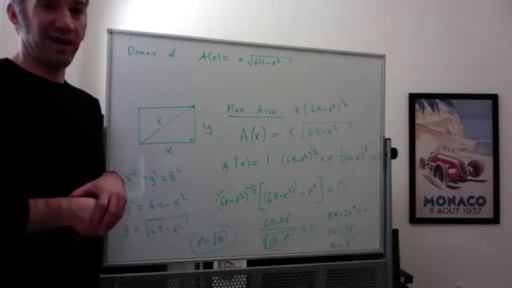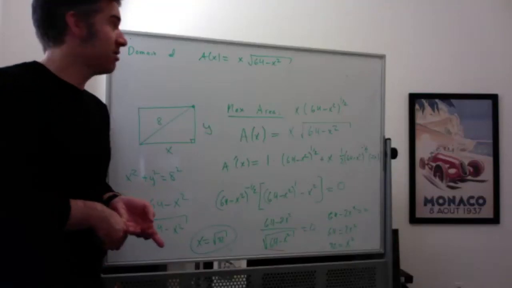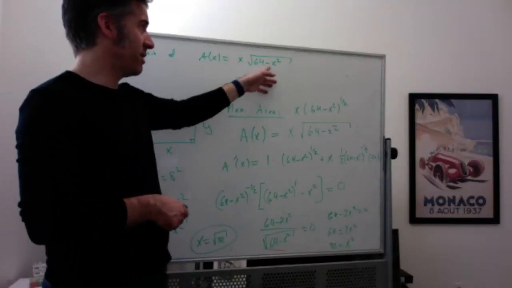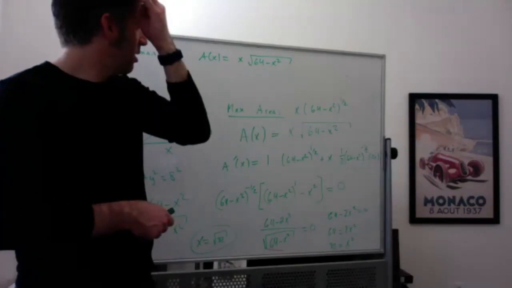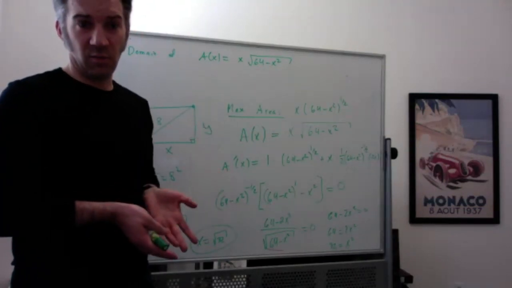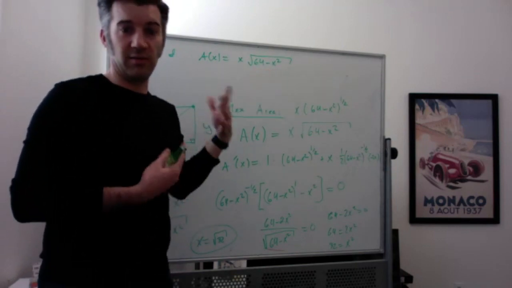Well, there's two right answers to this question. One right answer would be negative 8. If x is negative 8, you get 64 minus 64, which is 0. Negative 8 times 0 is 0. But x couldn't be any more negative, right? If x is negative 9, you have 64 minus 81, and then you have a square root of a negative,